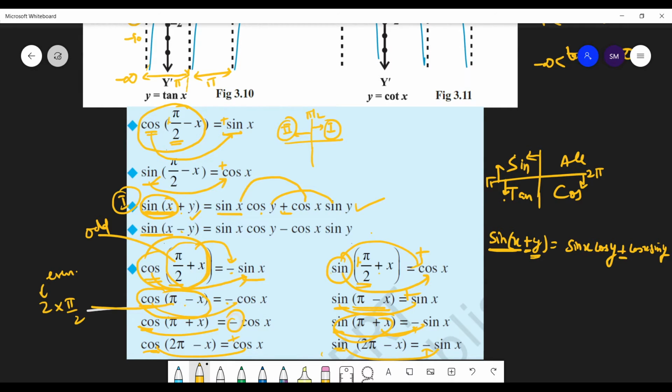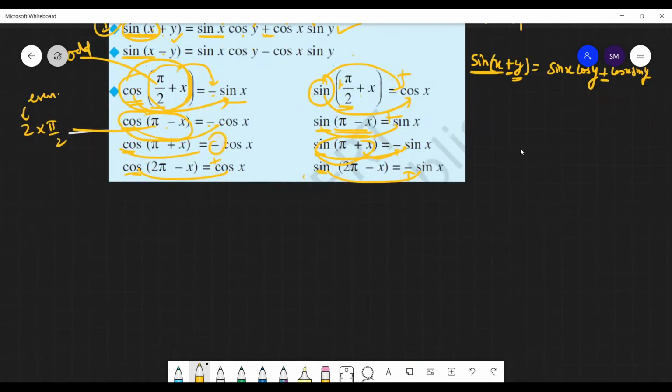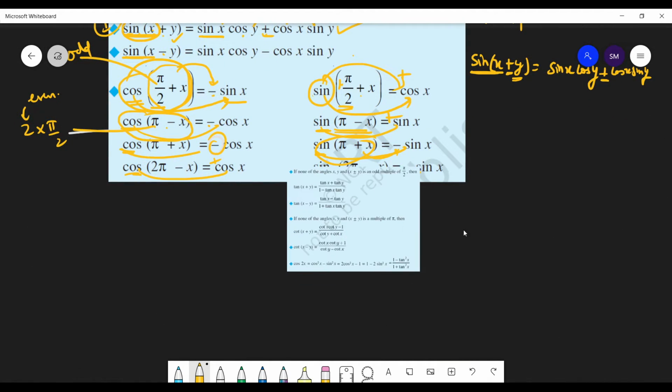Remember now, students, got it? I know you people are smart enough, but there are some new students also. So I have to take care of each and everyone. That's the point. Okay. But still it's a good sort of revision for everyone. Okay, students. Now let us see more formulas.